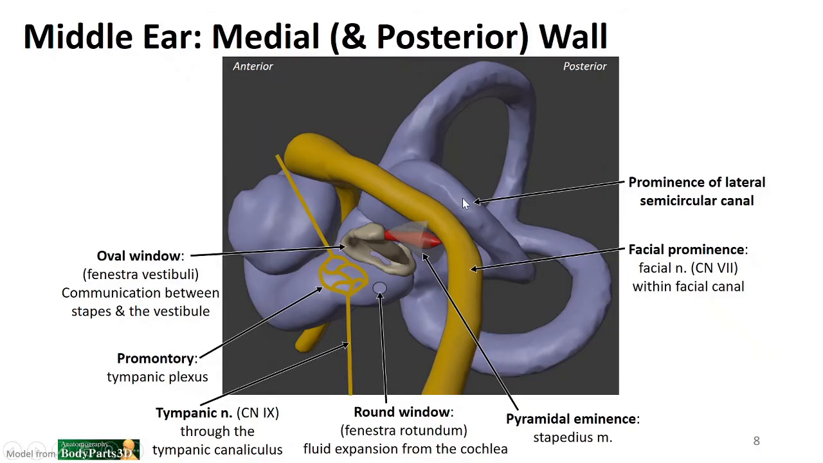Now, just anterior to the prominence for the lateral semicircular canal, we find the facial nerve shown here within the bony facial canal. So we'll see a bump of bone that will stick into the middle ear. Now the last portion here is called the pyramidal eminence. The pyramidal eminence, also a bony eminence coming from the posterior wall, contains a muscle that attaches to stapes. So this muscle is called the stapedius muscle and will extend from the pyramidal eminence toward the stapes